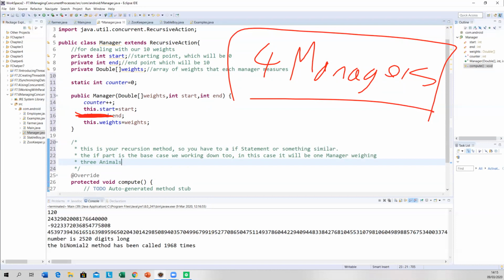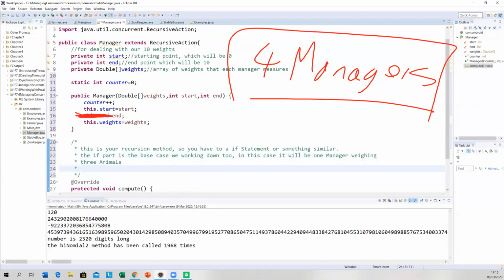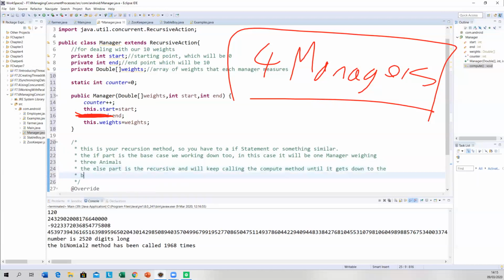Okay, now, so the else part is the recursive step, and we'll keep calling the compute method until it gets down to the base case.